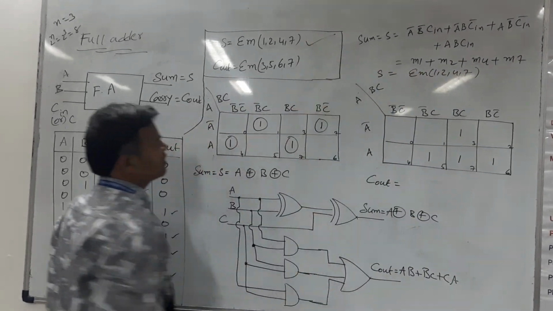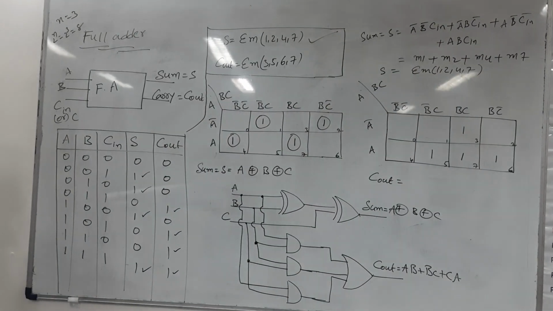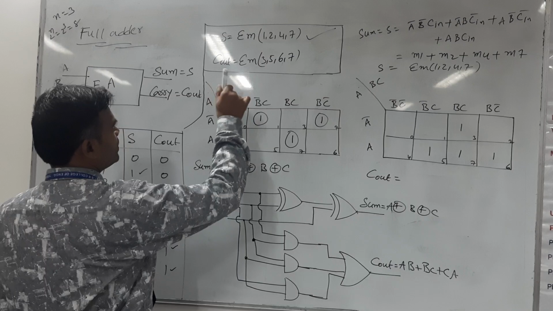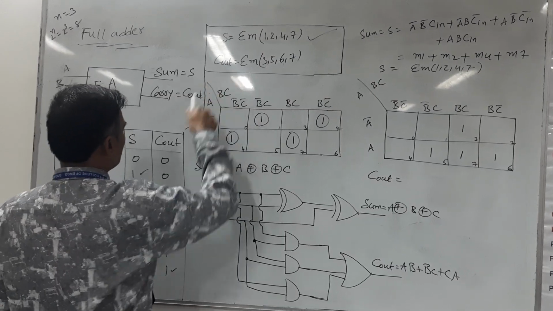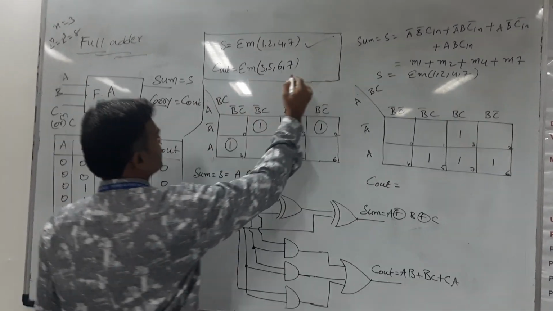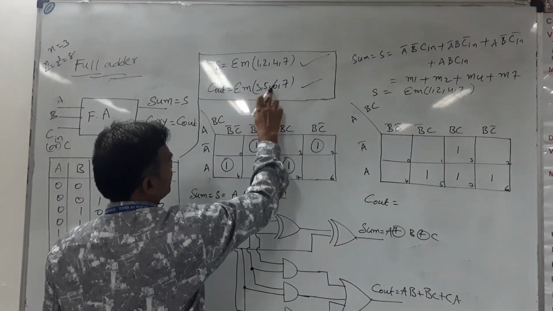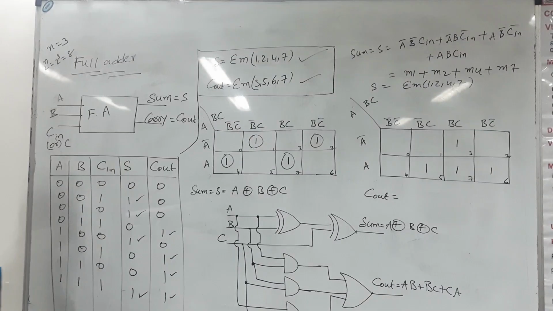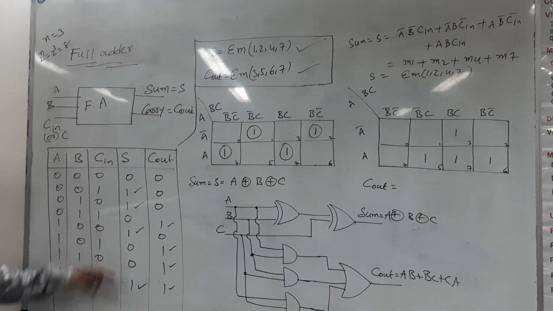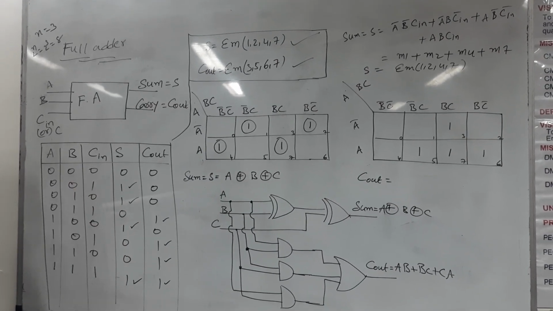The same thing I have written here. In that way, you just try to write the Boolean expression for the Cout in the shorthand form, which is Cout equal to sigma M of 3, 5, 6, 7. Okay, 3, 5, 6, 7. Once you write the Boolean expression for the output variables,